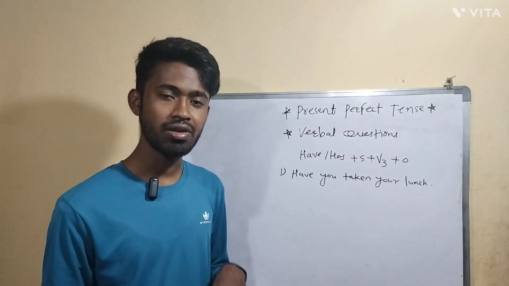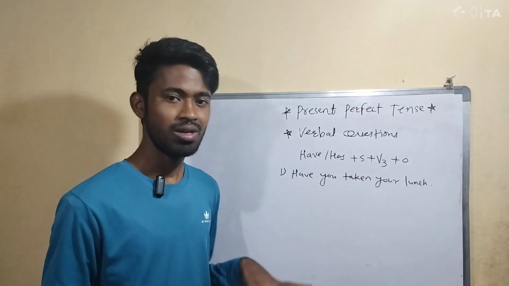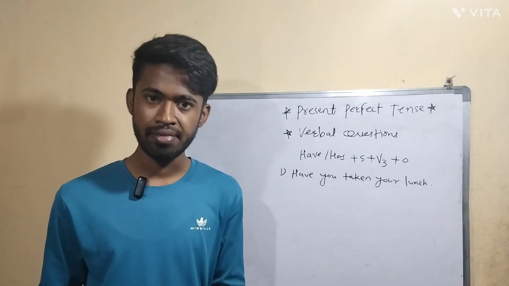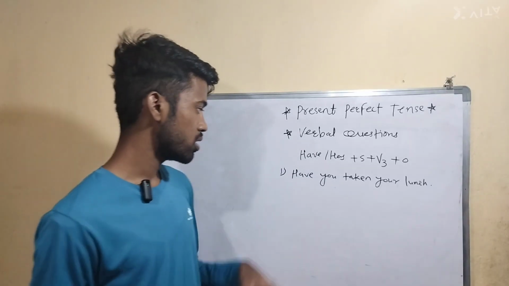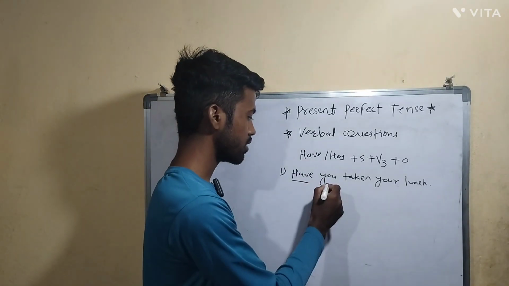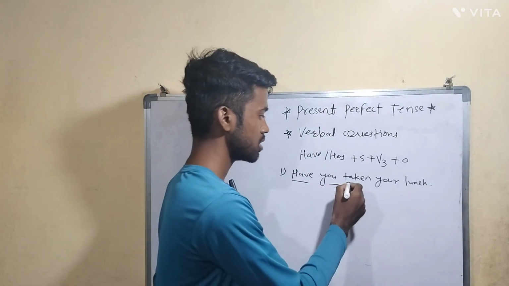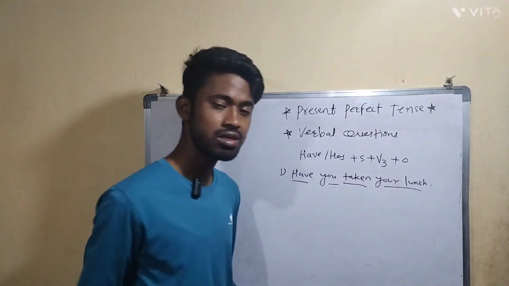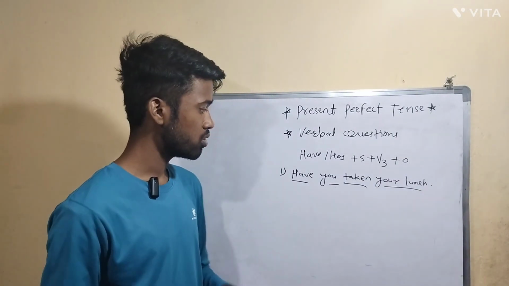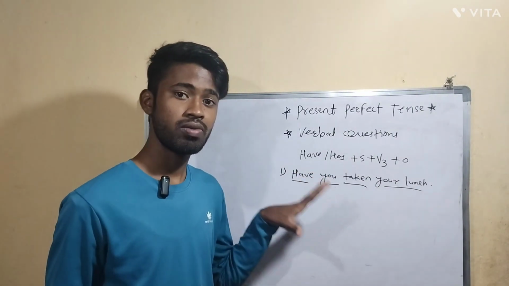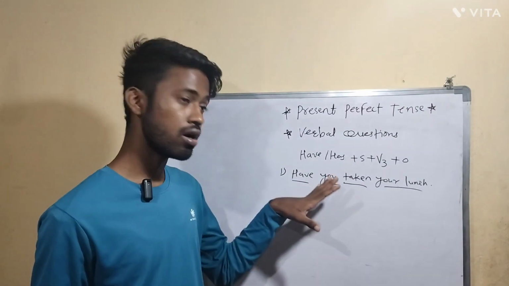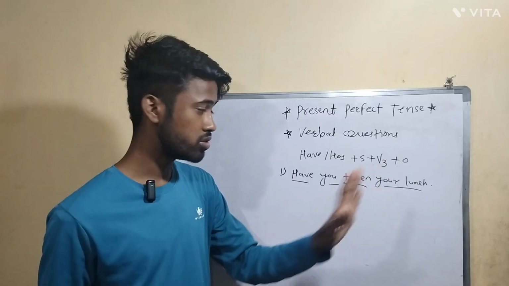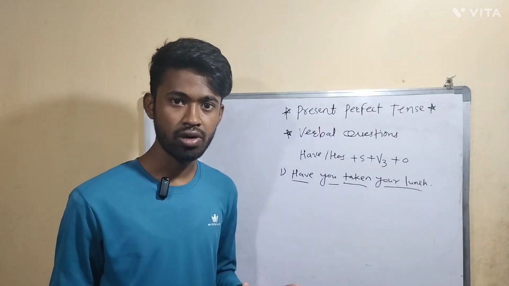If, let's say, you have not completed your lunch, how will you answer that? No, I have not completed my lunch. So here first the helping verb is there, after that the subject is there, and this is the third form of verb, and the remaining part is the object. So you need to understand this structure. Once you understand the structure, if you know the helping verbs, the subject, the object, then everything is sorted.